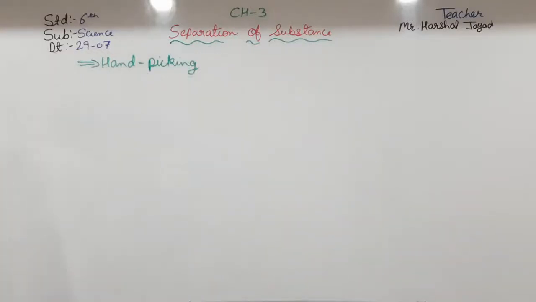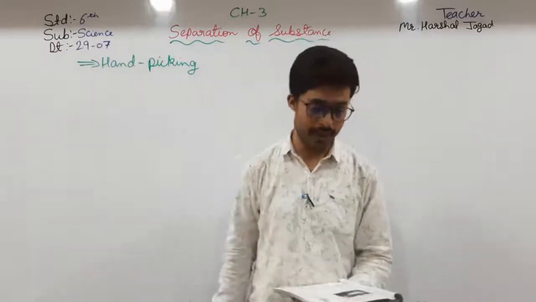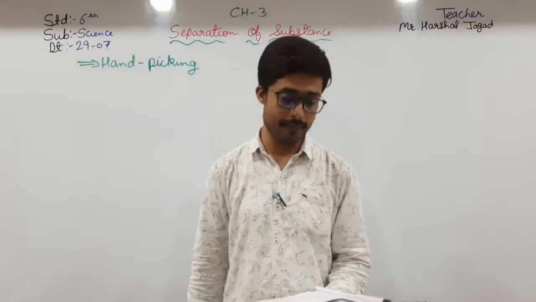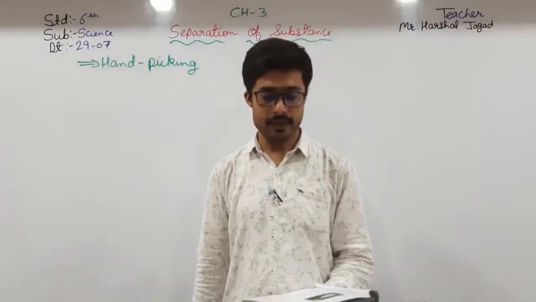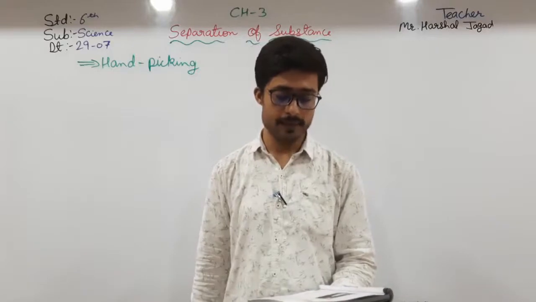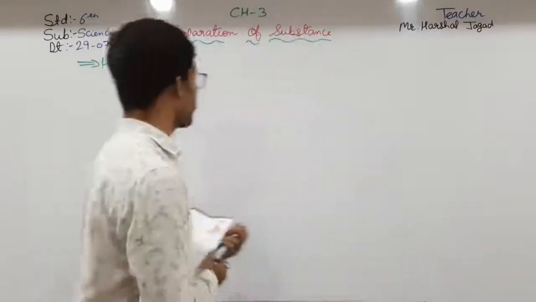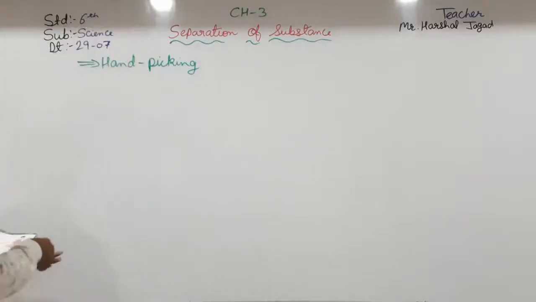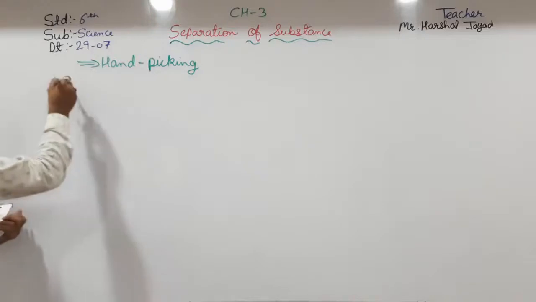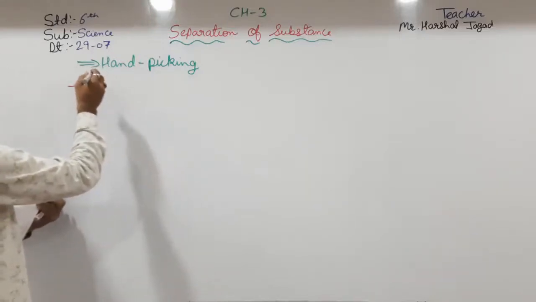Grains and pulses generally contain small stones and other unwanted material as impurities. These need to be separated before cooking. Hand picking is the process of removing impurities by hand. So if somebody asks what is hand picking, we can say this, that hand picking